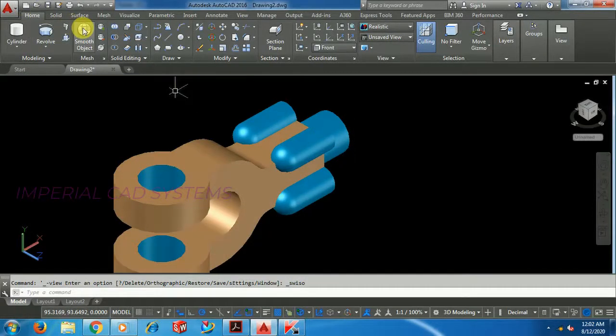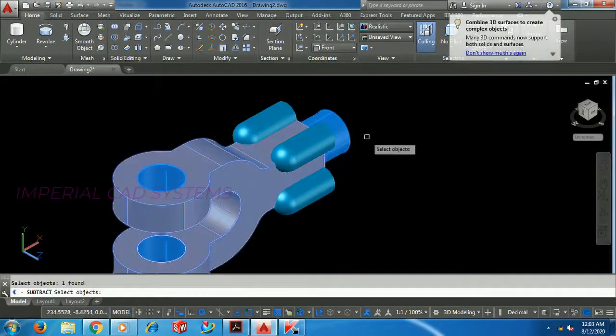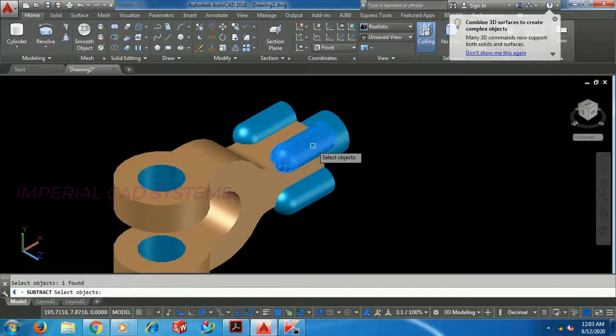Now go to subtract, main part, enter. 1 2 3, turn this part.